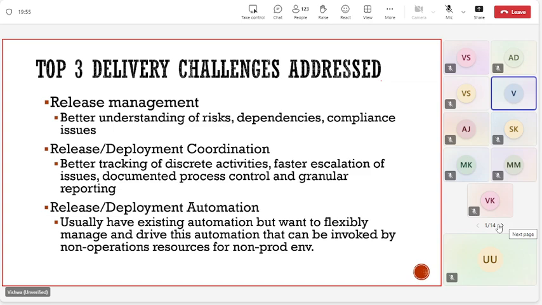When the release is always meant for production, deployment coordination is for any of the environments. In any infrastructure deployment, you have multiple types of environment: dev, test, UAT, pre-prod, and prod. Now you have a faster way of accessing and understanding what is happening.